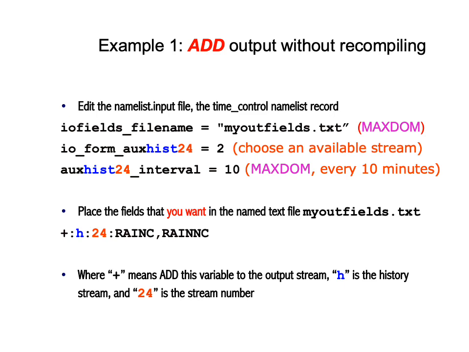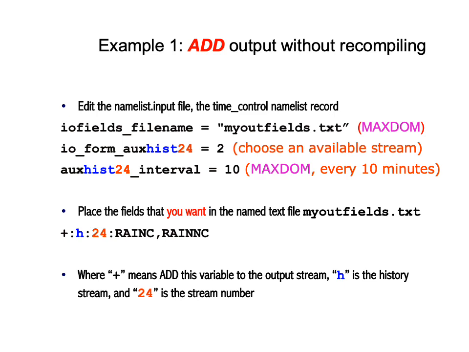Assuming we do want to have this additional stream, what we can do is, instead of putting data into the WRF model output, the default stream, we can choose any stream we want. We saw that we had up to 25 streams, 0 through 24. In this example, we're showing you how to add data to stream number 24. It's going to be a netcdf file. The data is going to come out every 10 minutes, and the IO field's file name,